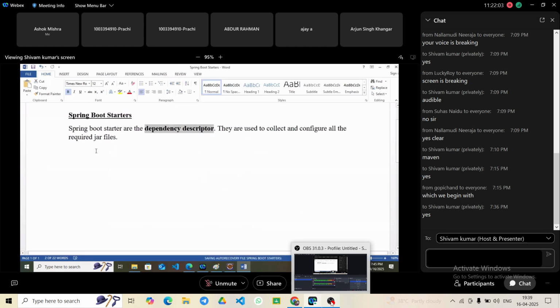So what are these starters? They are the dependency descriptor. They are used to collect and configure all the required jar files in the class path of the application. Right now, what is their other work? These starters are doing something else. So yes, they simplify the Maven configuration